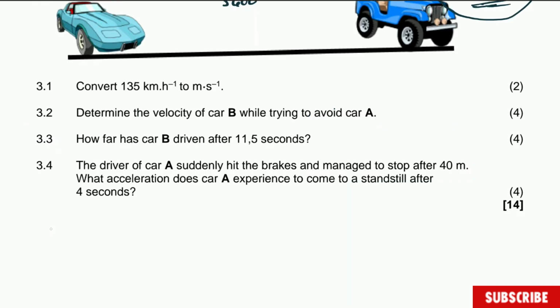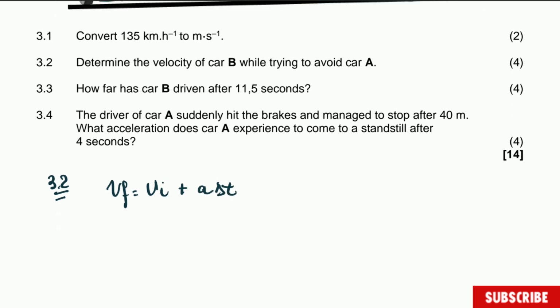So let's come here and say question 3.2. I'm not going to rewrite the data because it is there. The formula that is going to help us: final velocity is equal to initial velocity plus the acceleration multiplied by the time, and then you substitute. So the final velocity is equal to 0 plus 1.5 multiplied by 11.5 seconds. And then when you solve this one, you will get that the final velocity is